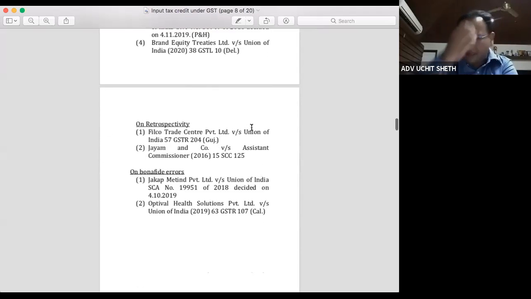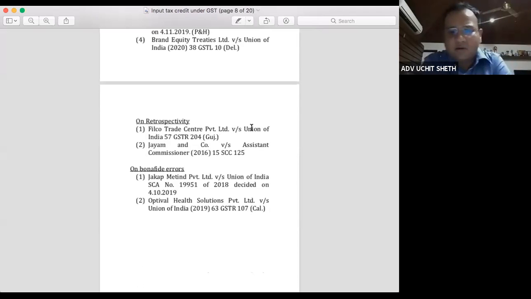Here, according to me, there are a couple of judgments. One of Gujarat High Court itself in the case of Jacob Methane Private Limited versus Union of India, an unreported judgment, where Gujarat High Court takes a view that if it is a bona fide error, then the SSE should be given a chance of revising the Tran 1, even if the time limit for revision has expired. So, according to me, if there was a bona fide error in the Tran 1, then the credit should not be lost. But if the Tran 1 was not filed at all, and that too not because of a technical glitch, then still there is a long battle ahead.